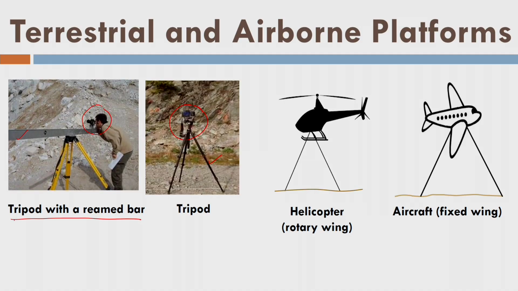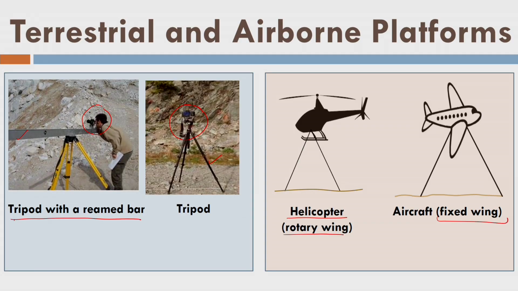What about the helicopters and aircraft? Yes, we also do that. For helicopter sometimes you will find a term called rotary wing used. For aircraft you will find a term called fixed wing aerial vehicle. This term is used, so I am writing this also. Yes, helicopter as well as aircraft can both carry the camera for aerial photography.